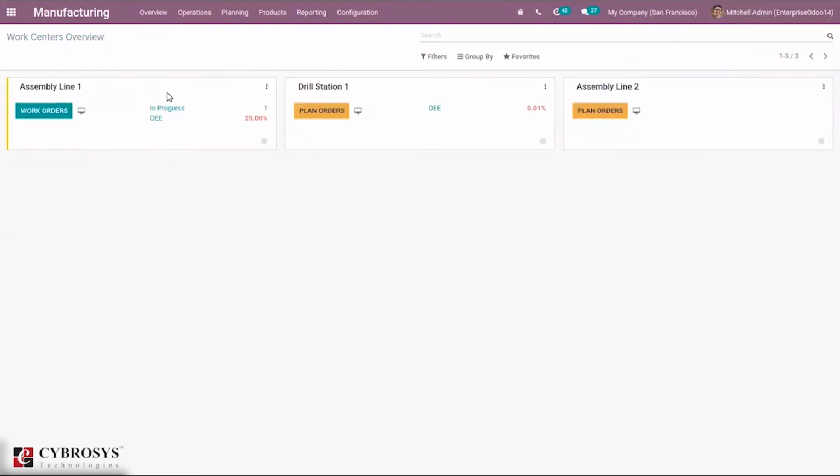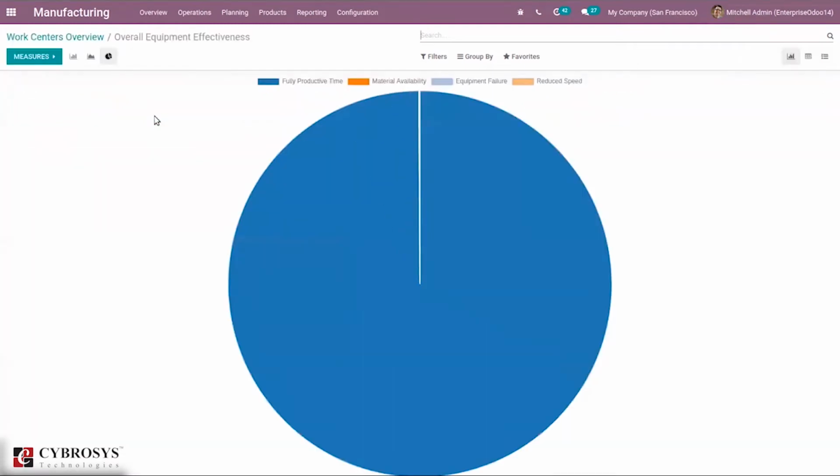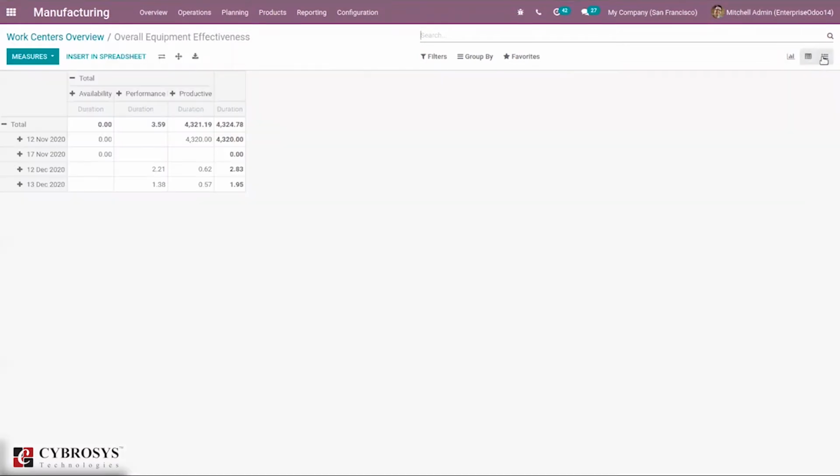Then it is also possible to view the overall equipment effectiveness of your work center. For this workstation, the overall equipment effectiveness is 25%. When you click on this, you can see that for our OEE, we have different views: graph view, pivot view, and list view.